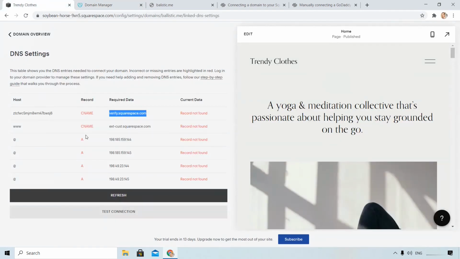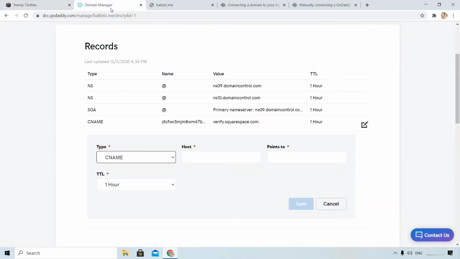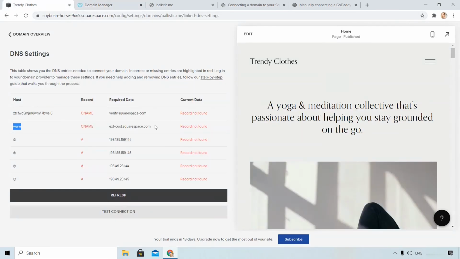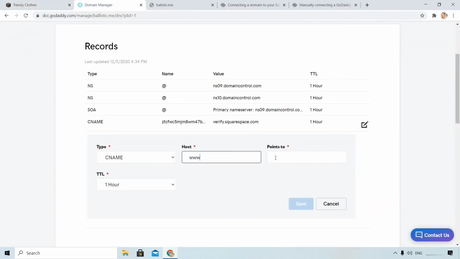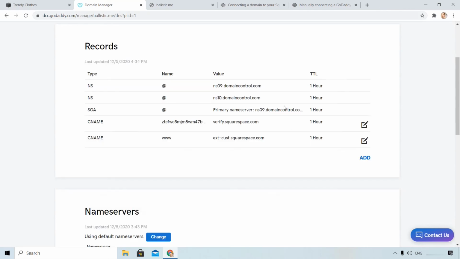Let's copy the second CNAME. In the host section, I will add www. I will copy the required data and add it in points to. Save. So we added the two CNAMEs.